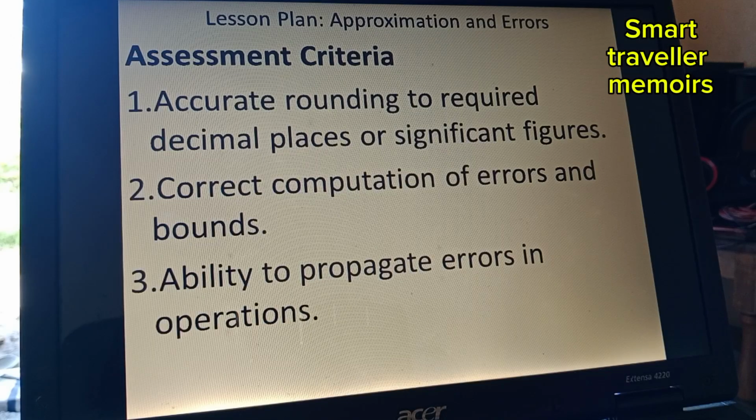Assessment criteria: accurate rounding to required decimal places or significant figures, correct computation of errors and bounds, ability to propagate errors in operations. So, with those few words, guys, let's go to the lesson notes now, which are in details,